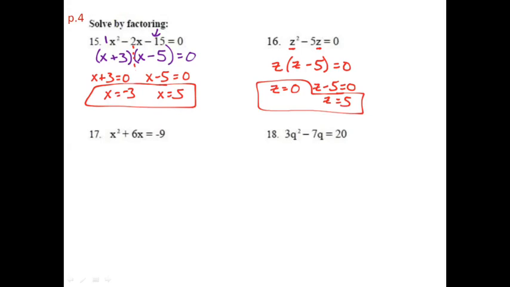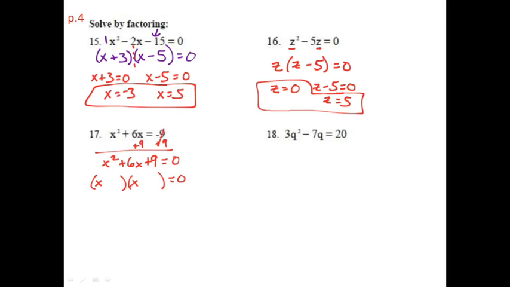So for this next one, if we have x squared plus 6x equals negative 9, we want to get into standard form first. That means we're going to add the 9 to both sides. And that leaves us with x squared plus 6x plus 9 is equal to 0. Again, we have that a value of 1. So that lets us know that when we go to factor,